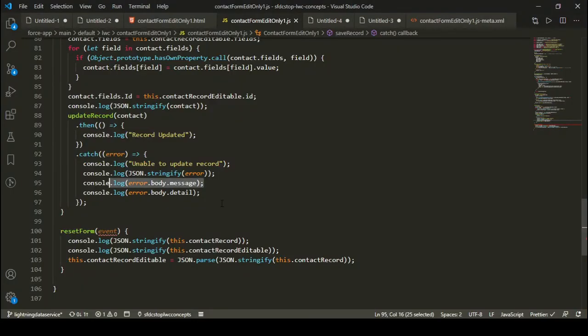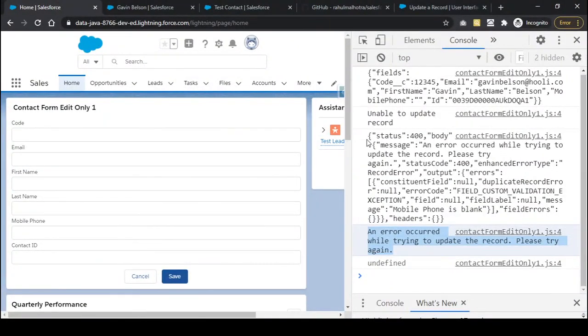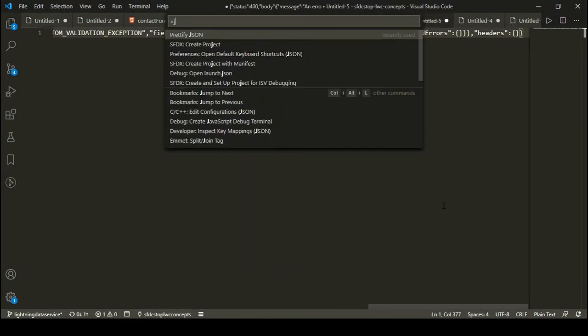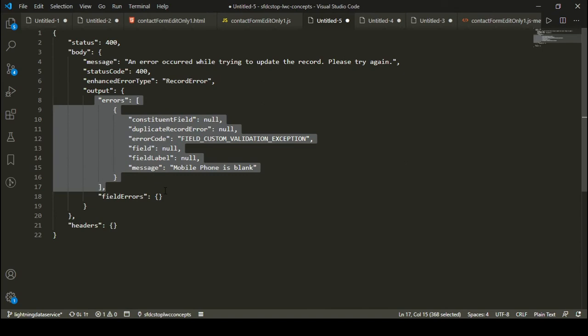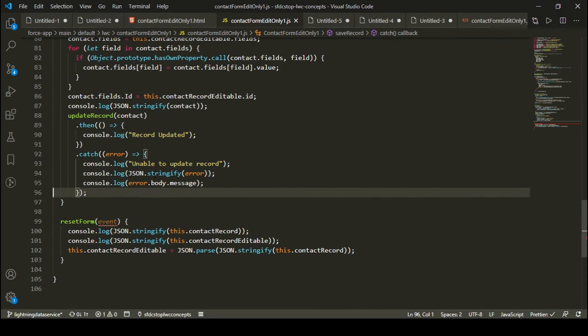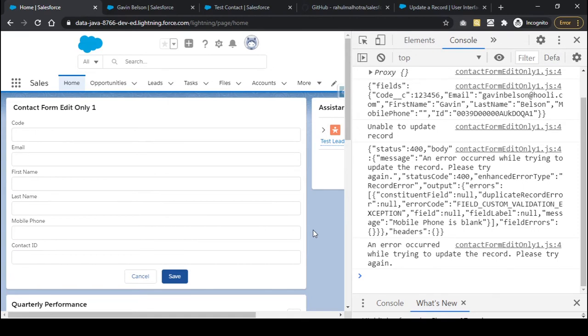I don't think we have a detail over here, so I can simply remove it. Okay, and in case you want to show more information about the error, you can do that as well. Let me just show you. So if you just check out this JSON, you can get more information about the error, like the message from the errors array right here. Okay, so you can just refer to the body and then the output object and then the errors array, and you can find out the message over here, and you can display that message as well. Okay, so you can just navigate like error.body.message dot something something. Okay, so the error message is visible and we can extract the error as well.